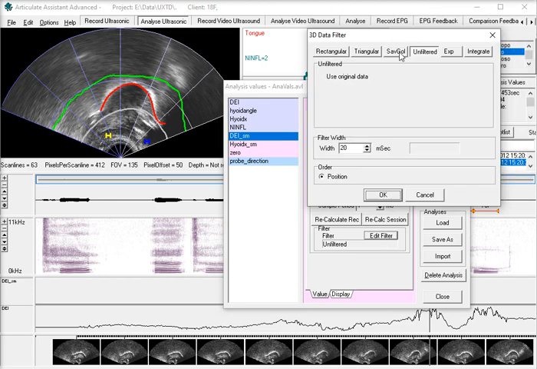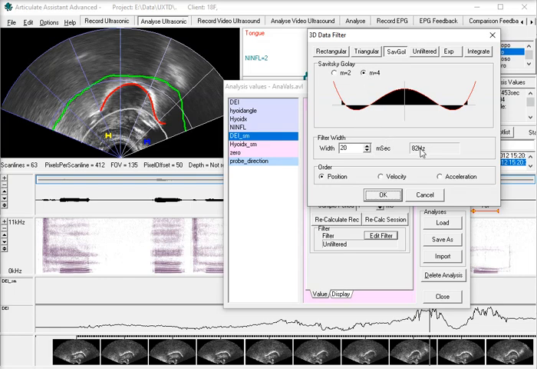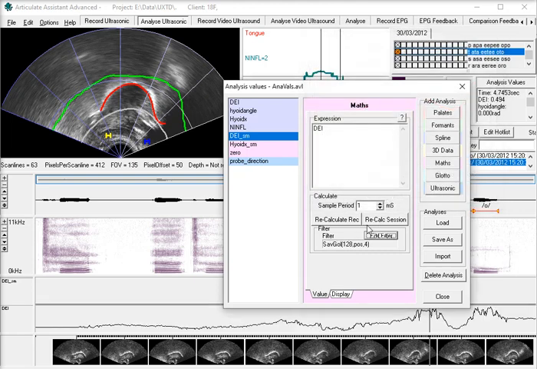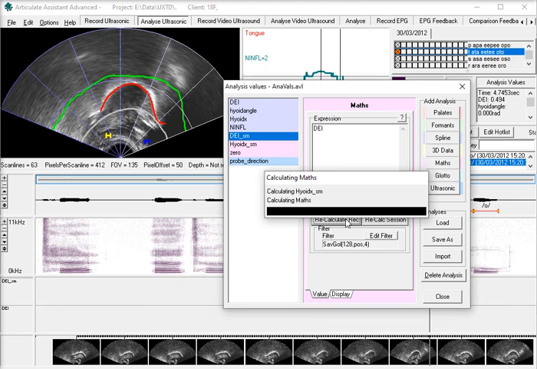We'll set it to Savitsky-Golay, M4. Now we want a fairly low frequency because the underlying trend is fairly low frequency. So we can try perhaps something like 120 filter width, which gives us about a 12 Hertz cutoff. And if we calculate that,